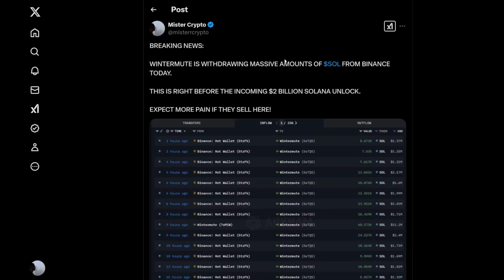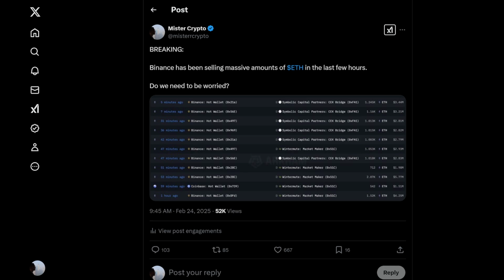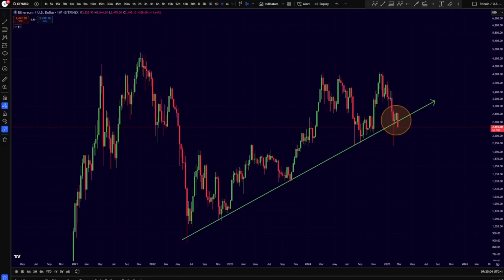Now, I do want to quickly go over the reason why Bitcoin has been dumping. Well, a lot of institutions have been selling off Bitcoin, have been selling off a lot of altcoins, like you can see, for example, in this chart over here. Now, I need to be talking about this chart in a second, but first of all, guys,